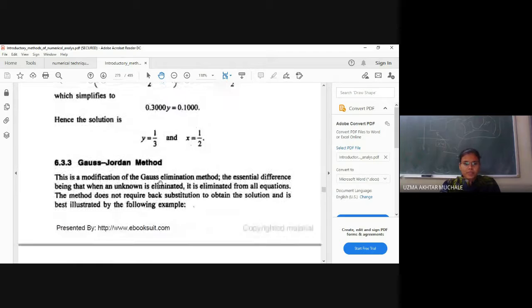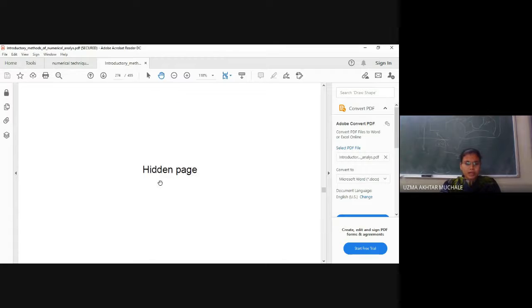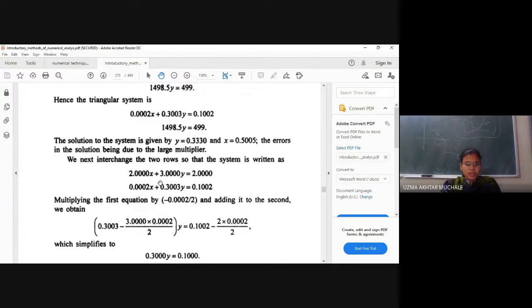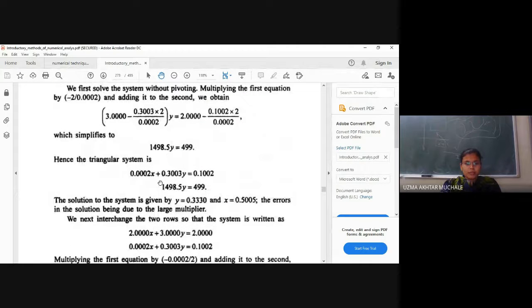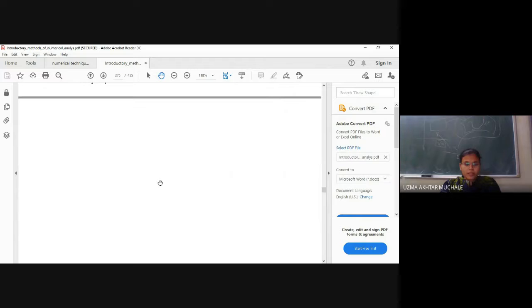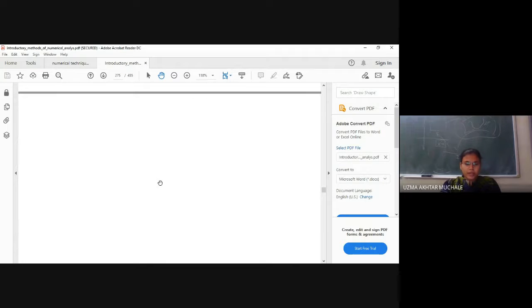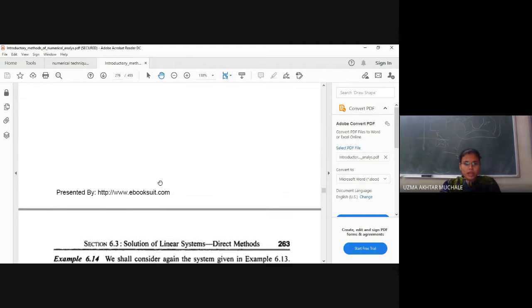Similarly, you can solve many equations. Just apply the elimination method. What is the meaning of elimination? You eliminate x from the second equation, and eliminate x and y both from the third equation. If you have n variables, then eliminate x1 from the second equation, then eliminate x1, x2 from the third equation, then x1, x2, x3 from the fourth equation, and so on. Finally you will remain with only xn. Then you can find the value of xn, put it in the back equation to get the value of xn minus 1, and so on, right? So this is the way you have to solve the examples.